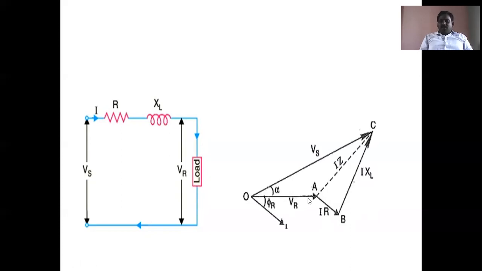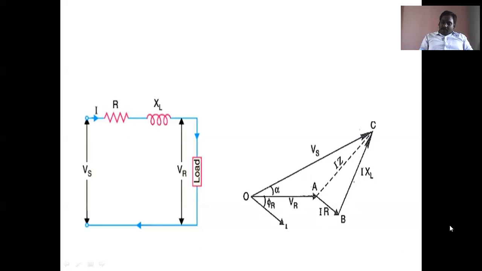This VR is nothing but the receiving end voltage vector. The phasor diagram is always for vectors. VR bar, it is represented actually, or VR cap, whatever it may be. We are receiving a voltage vector, and here there are drops. The first one is the IR drop due to resistance, then the inductive reactance drop. This total drop is IR plus IXL,